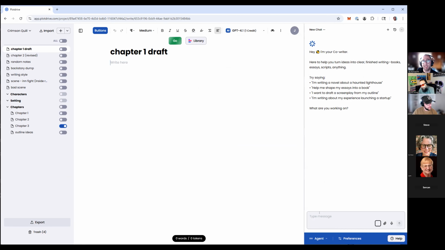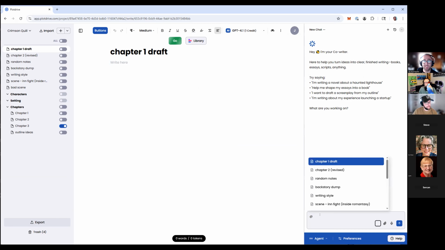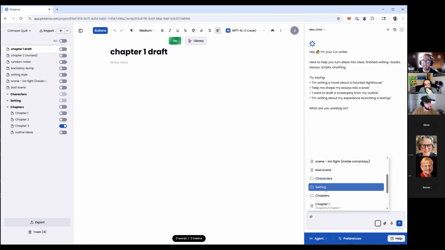The other thing about Coowriter, in terms of how you can control it better, is that we've added this at function. You can think of it a bit like the toggles with buttons, where when you flick this on, it controls what the button knows about your work, what goes into the prompt. The at is a very similar feature with Coowriter, where if I want it to, let's say, make a story Bible, I would say,